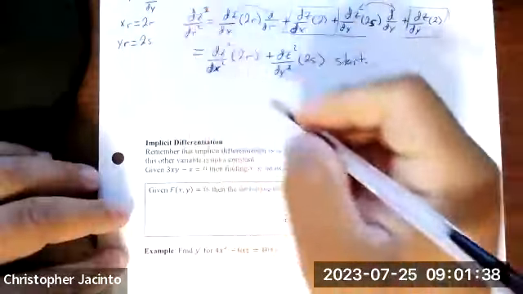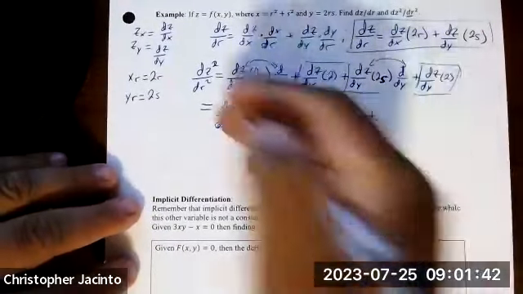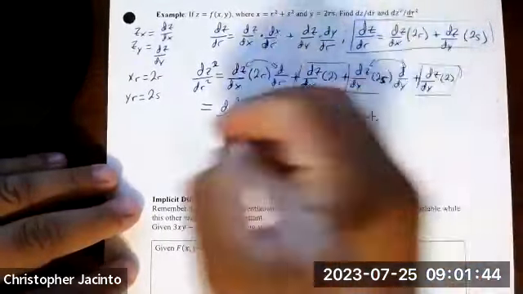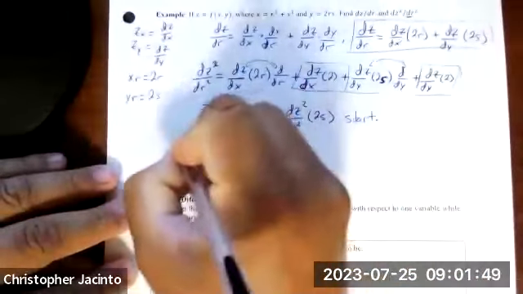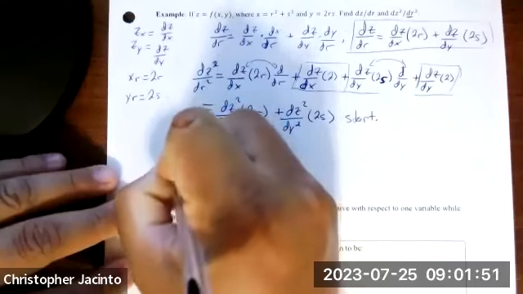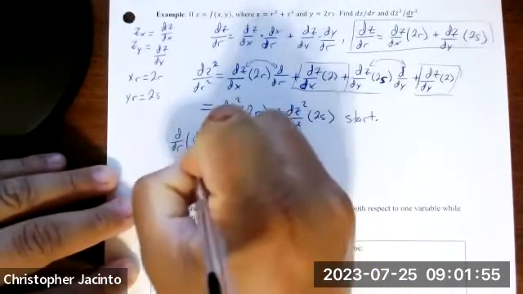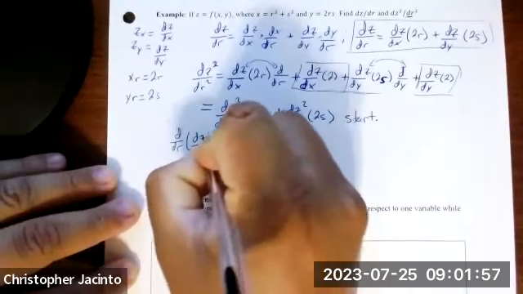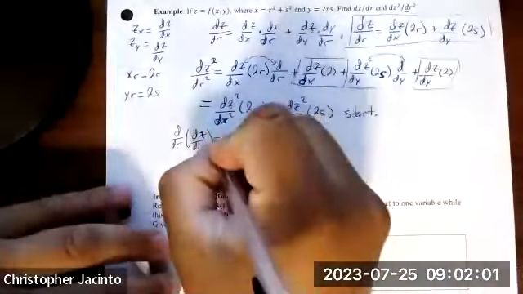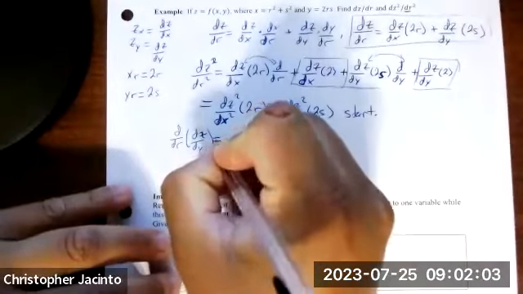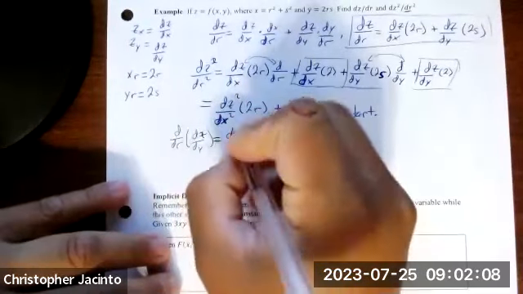So this is the first part of the second derivative here. And so the problem was, how do we find the other part? So adding everything else together, the next part we have to figure out is d/dr of dz/dy. So that was kind of the issue we had up here. So this is actually another chain rule property. So this is just going to be, according to our chain rule equation,